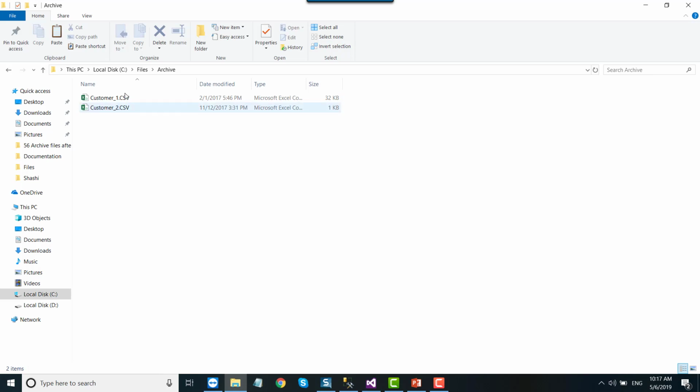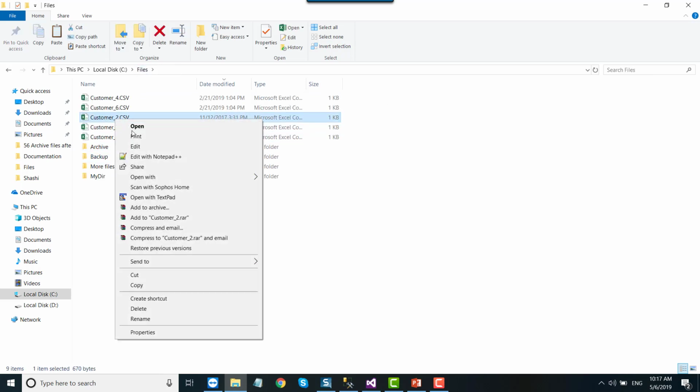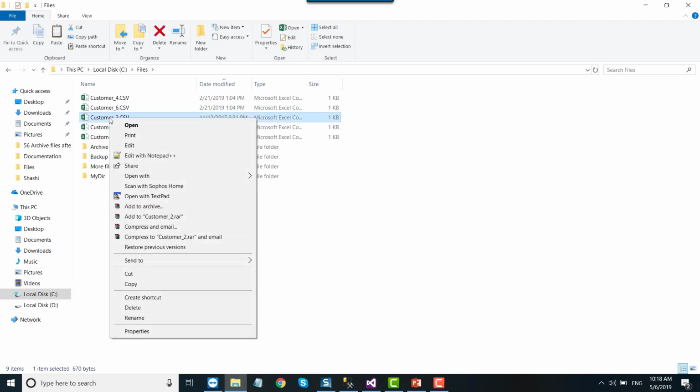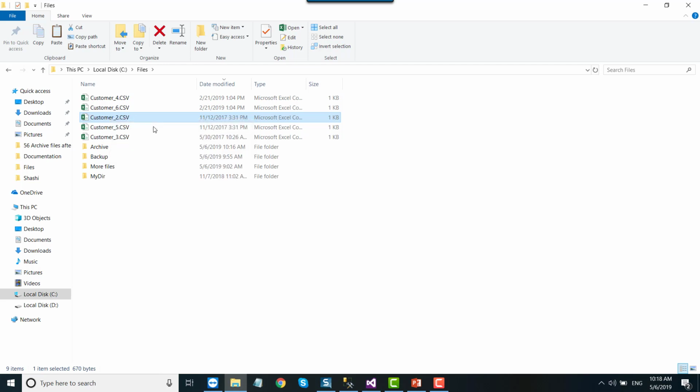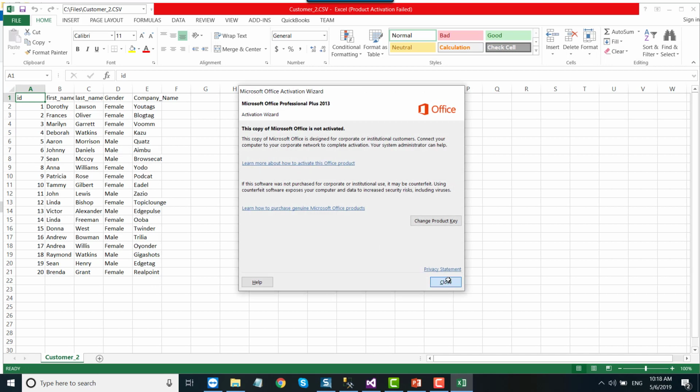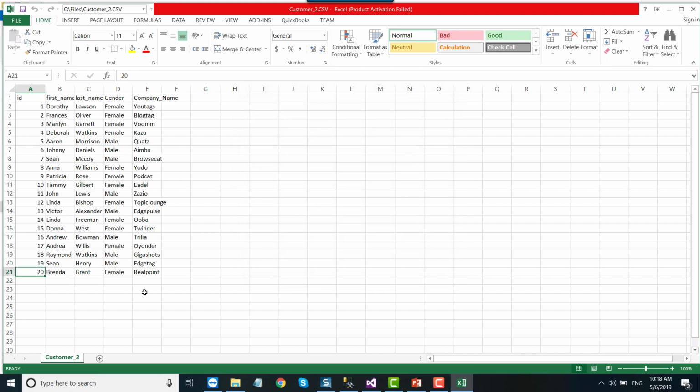The archive folder contains both files customer1 and customer2, but I copied the customer2 file again just to show you that it can actually overwrite the existing file. So let me open this particular file. Okay, it got opened in Excel, and it contains 20 records. I want to add one more record here. So for example, I added one more record, I changed it to 21, and left other things as they are. Maybe I can remove the last name. Okay, and I can save it.